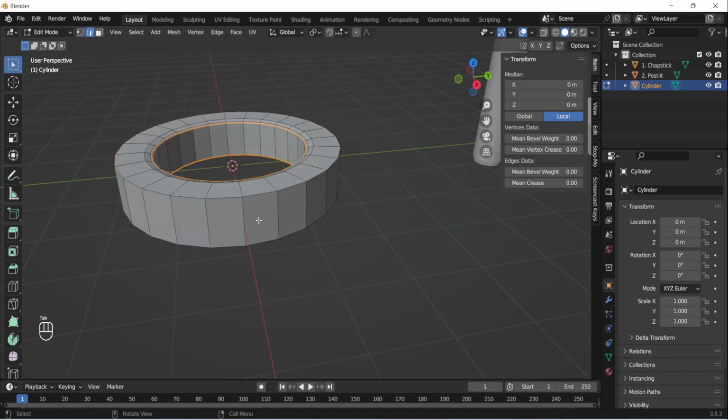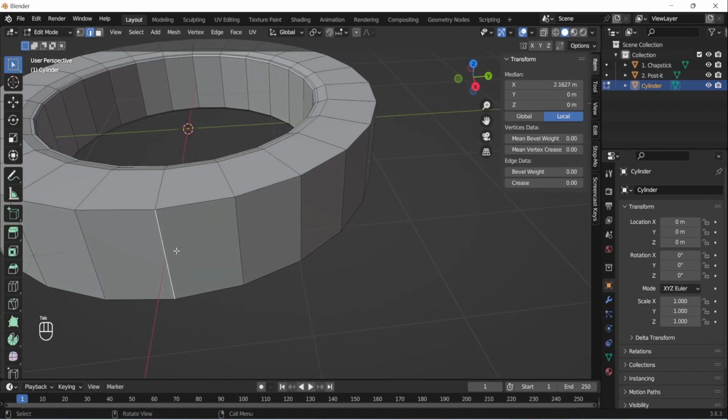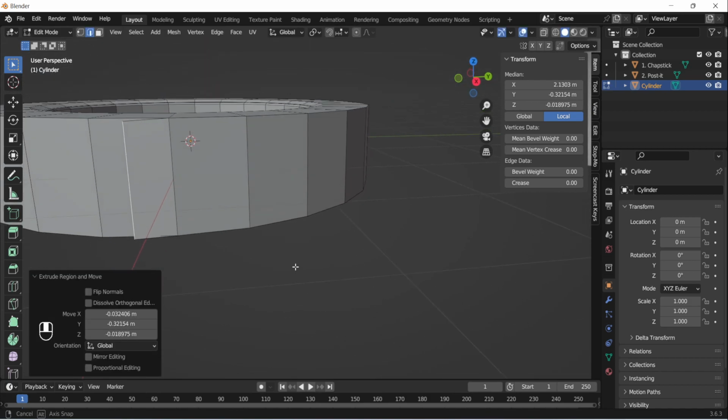So I'm going to go into edit mode. I'm going to select an edge and extrude the edge. If you do just the edge, you get this kind of deal. And maybe just a little bit. And then I'm going to move the